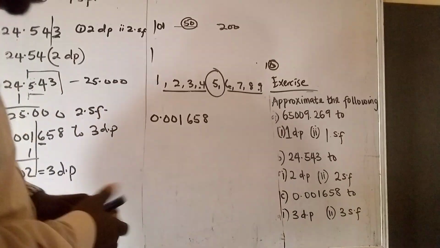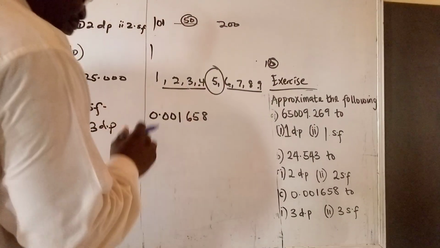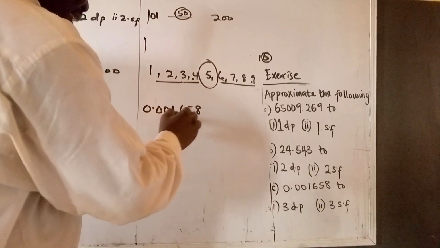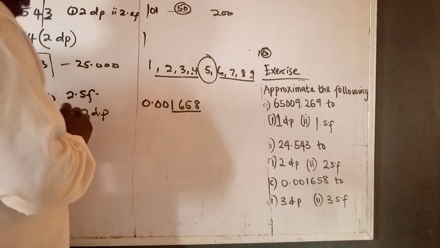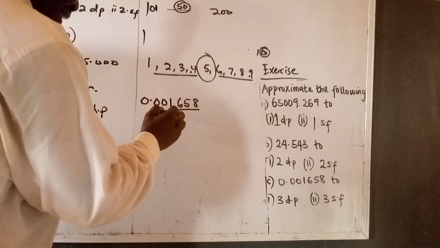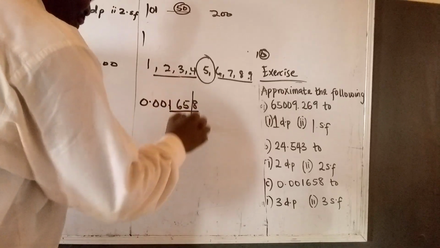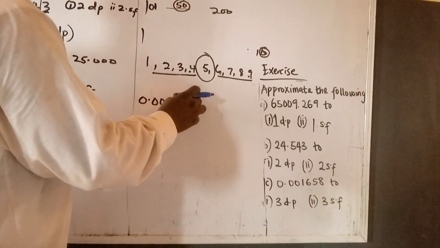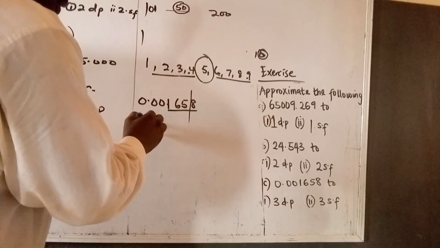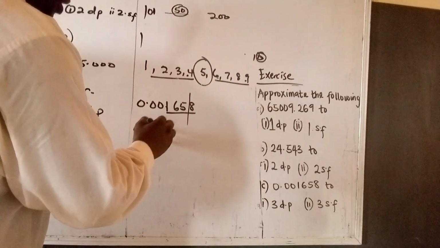But in this case, for the three significant figures, these are the figures that are significant there. Are you hearing me? So if these are the three figures that are significant, we take 1, 2, 3. I block it. So you can see that this value here is 8, which is far more than 5. So what do I need to do? For three significant figures in this case will be 0.00